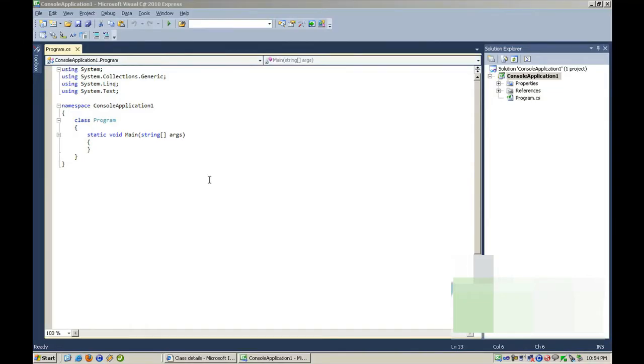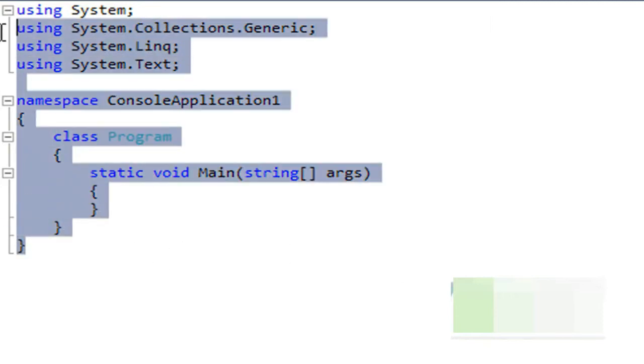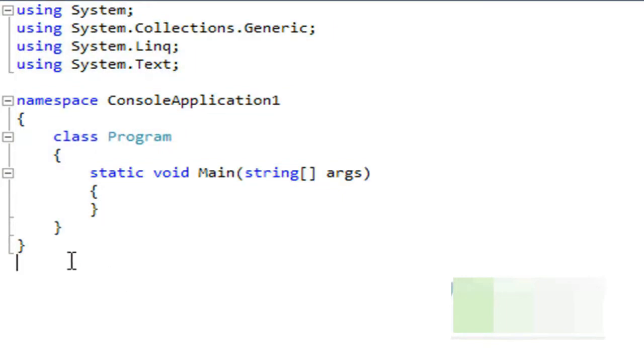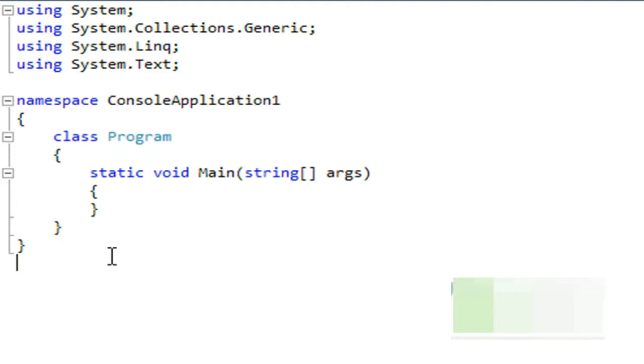Now one other thing which we have already explained previously is that Visual Studio 2010, or the Visual Studio Express Edition, or Visual Studio by itself, helps you to increase productivity. So you can see that by default it has given me a shell, some basic code from where I can start. Rather than giving me an empty file, depending on what kind of template I have selected, it has given me some basic code from where I can start. Now let me explain what this default code has.